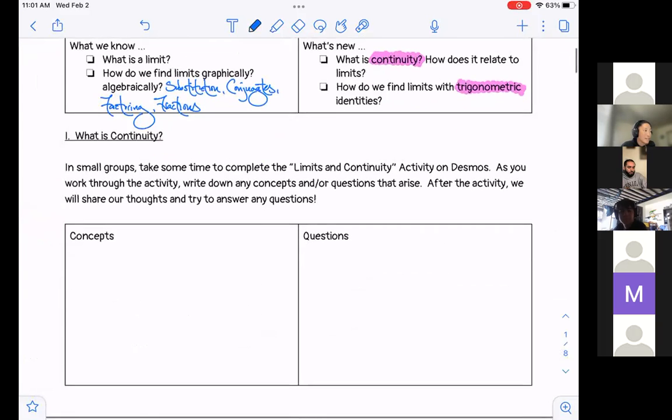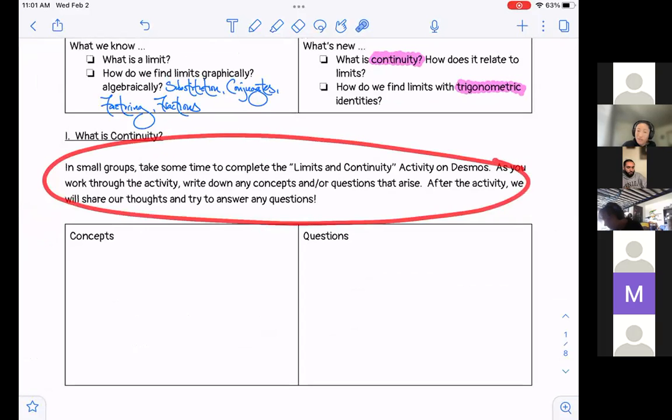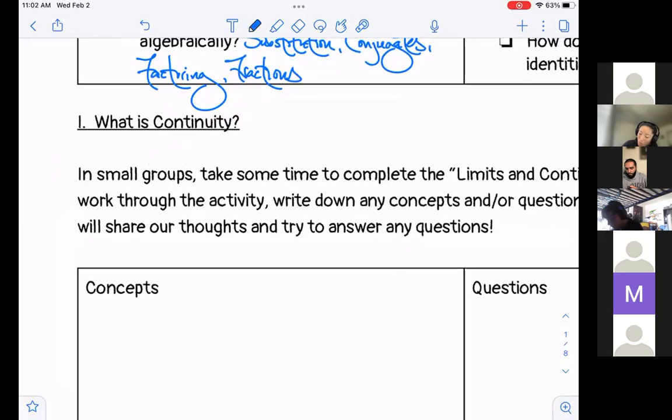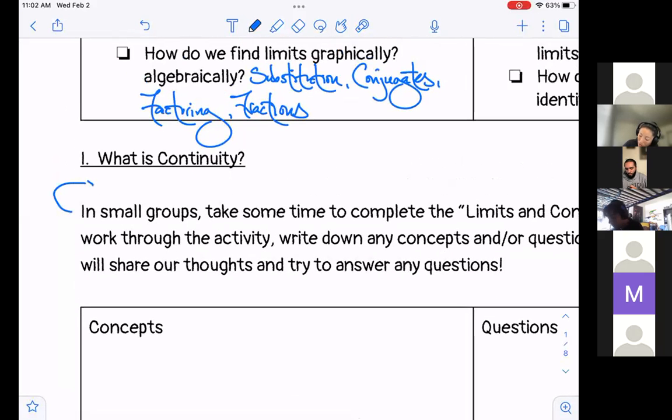So what is continuity? As you work on this activity on your own time, I would encourage you to think about what main concepts you see, but also what questions you still have about it. Initially I designed this to be a small group activity, but based on time, one suggestion, if you don't want to work on it by yourself, is